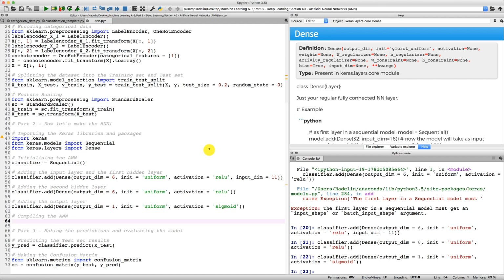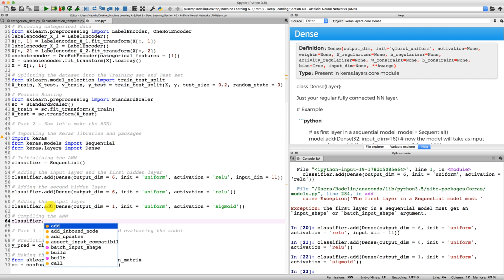We are going to start by taking our classifier object, as we did when we added the different layers in the ANN. And now we're going to use another method, exactly as we did here with the add method, but this time it's not going to be the add method. You can guess what it's going to be. It's going to be the compile method. As simple as that. So we're going to add a dot here, and then compile, which is right here,